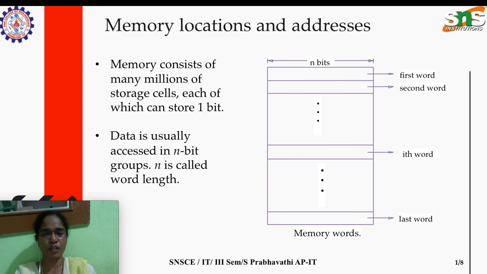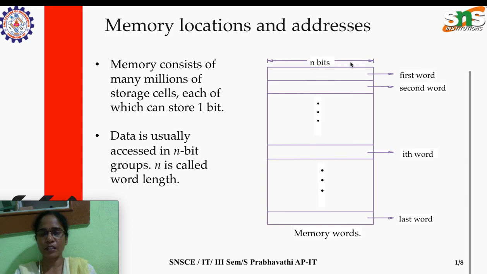Memory is made up of millions of storage cells, where each cell is capable of storing only one bit of information. Okay. One bit is not sufficient in the real world, is it not? It doesn't give any meaning. One bit in the sense either 0 or 1. So we need a collection of n bits to represent some data. Data or the information in the computer is usually accessed in terms of groups of bits. That group we call the word length. The group of bits may vary in size, like n may be 8, 16, 32. In terms of powers of 2, the n will be increased.